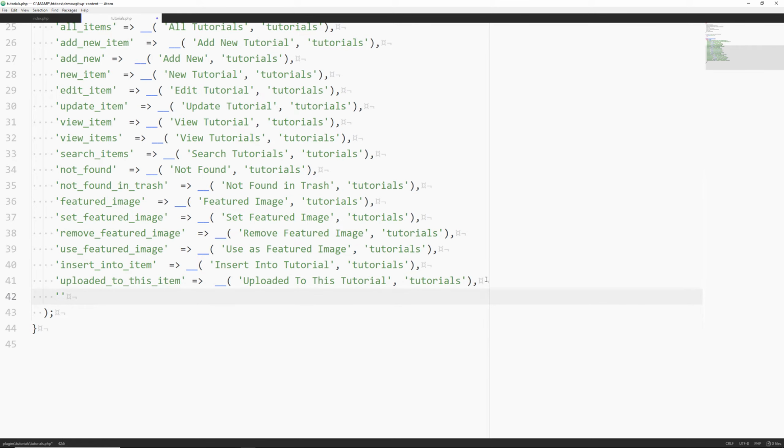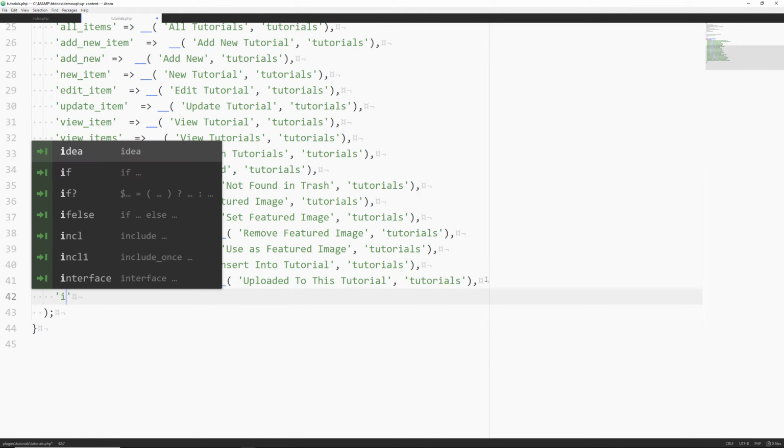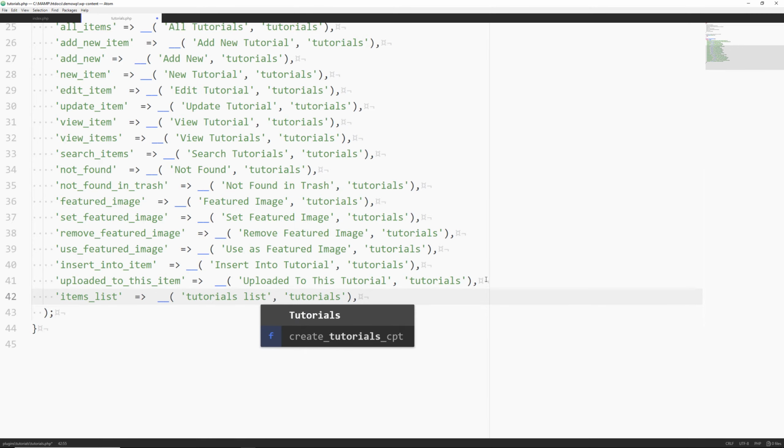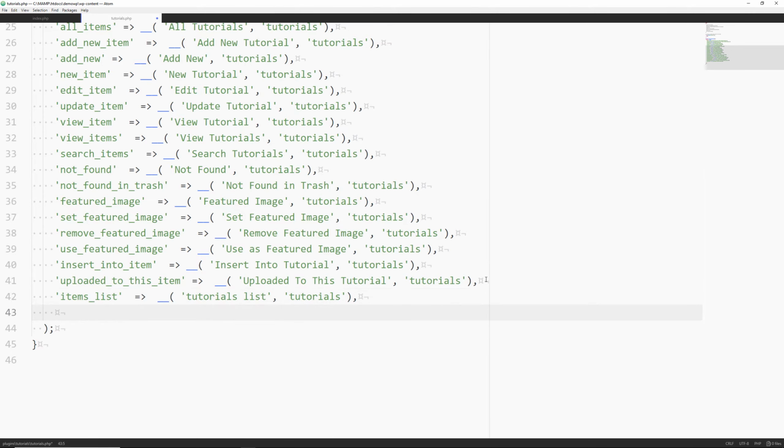Save that. Then we'll say over here items list. I'll set that up, and then we'll say tutorials list. Then tutorials. Go down here.